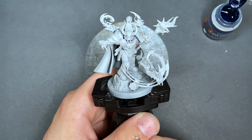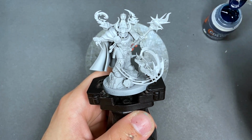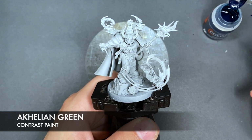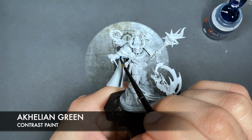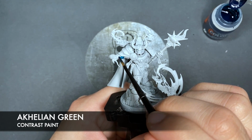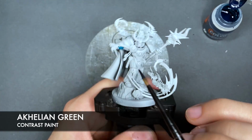He's been primed with Grey Seer, and the first place we're going to work on is all of his armor. The colour we're going to be using for this first is Akhelian Green. Basically, we want to load up our brush like this, and then start painting this all over his armor, like this. I want to be very smooth and consistent here by just gliding across the surface of the model